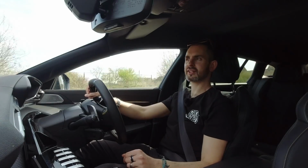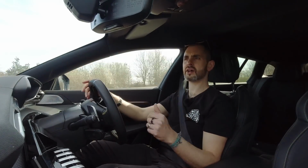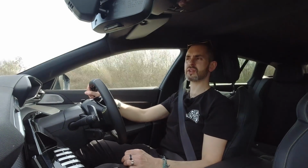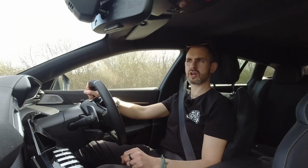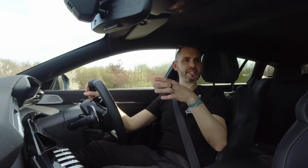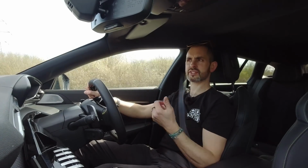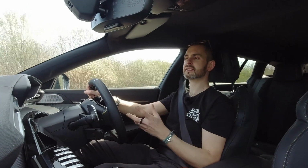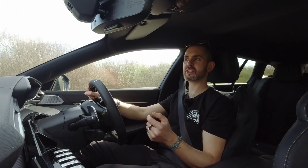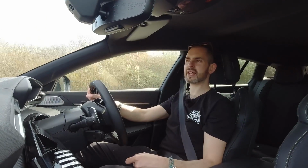why would I want a crossover or an SUV instead of this? Of relative size. Because I'm not going to go off-road. And if I think that it's because I want extra traction, this is 4-wheel drive if you want it to be. You just change the drive mode. Is this sort of out-Audiing Audi, but in a more cost-effective and, in a way, a more exclusive way? And I say that because you will see a lot less of these than you will highly spec'd S-Line A4 Avants or